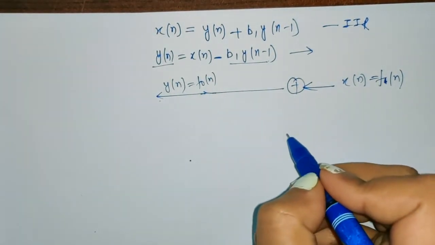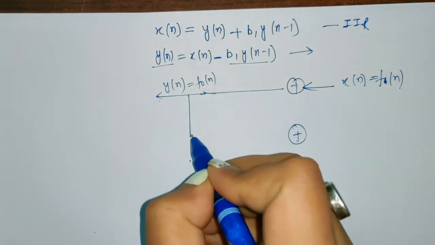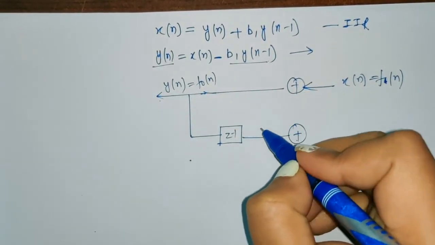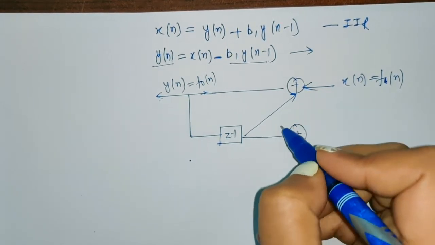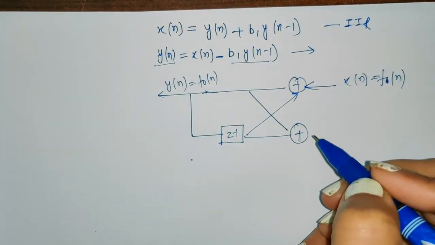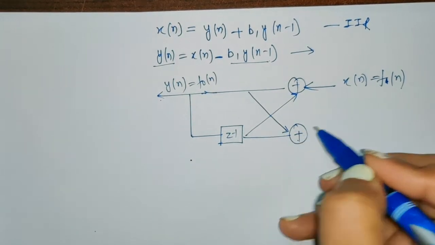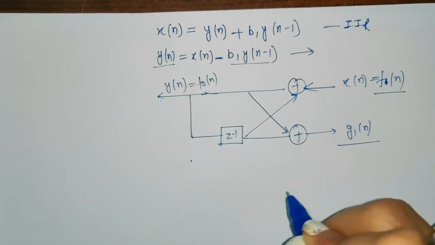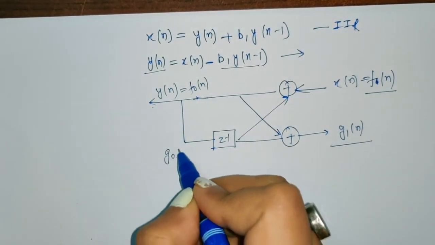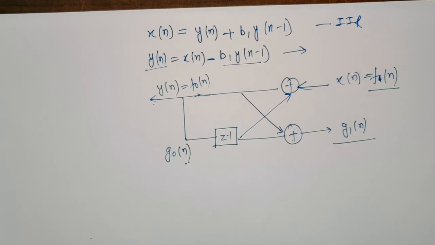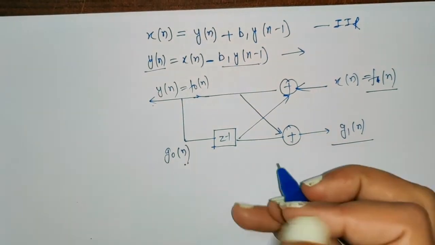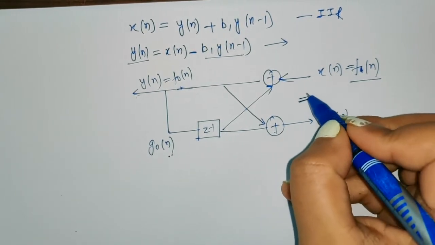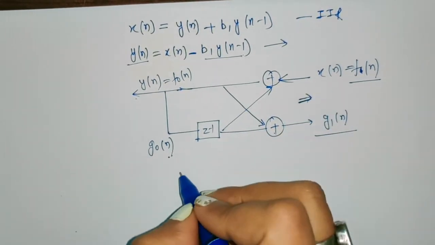Now one more adder is here. Now we have one delay element, and the coefficients are getting multiplied here. And here we have G1n. So this is your F1n, this is your G1n, this is your F0n, this is your G0n. Now see this particular design. If we solve this design, what can we get?